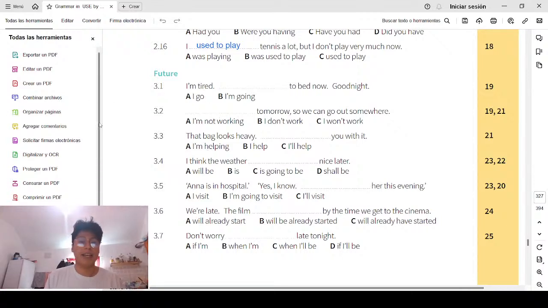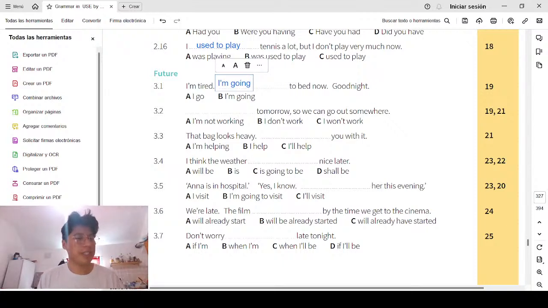Whew, I'm tired. Okay, I'm tired. I go to bed now. Good night. Oh, I'm tired. I'm going to bed now. Good night. That's a good question. That's a good sentence. I like it. In that case, the correct answer is I'm going. Why is it I'm going? I'm going because